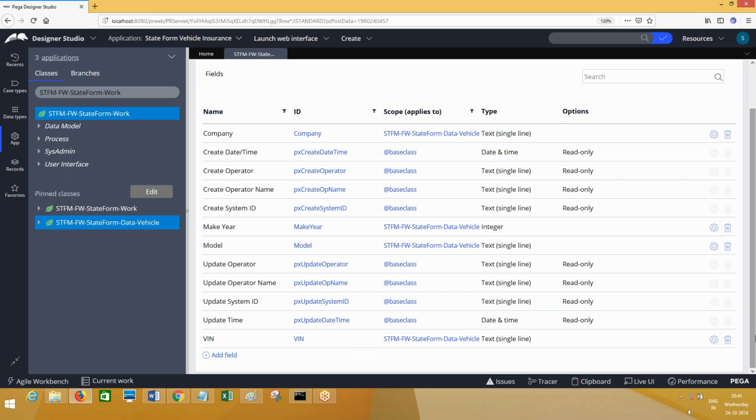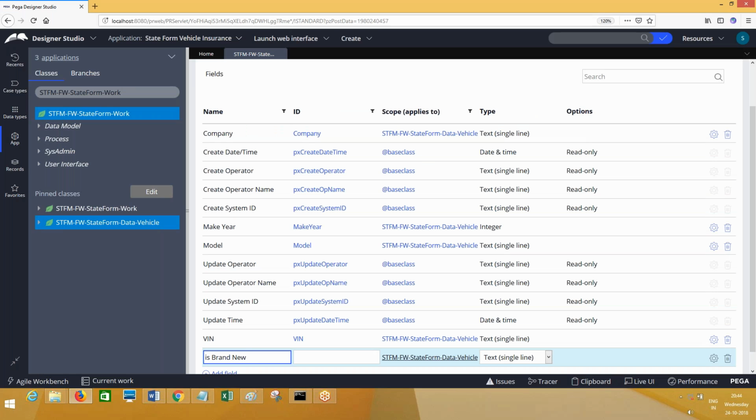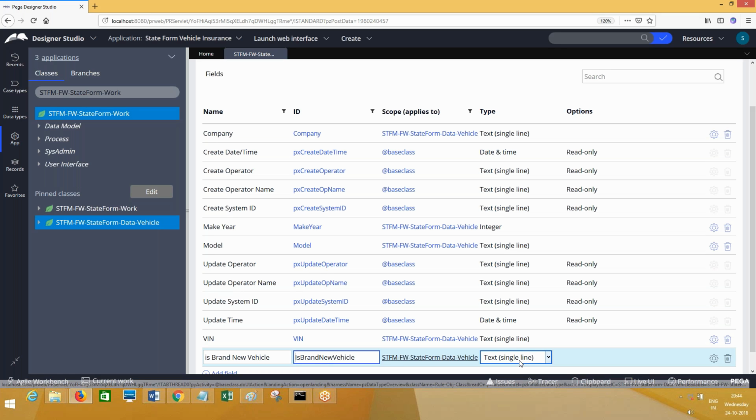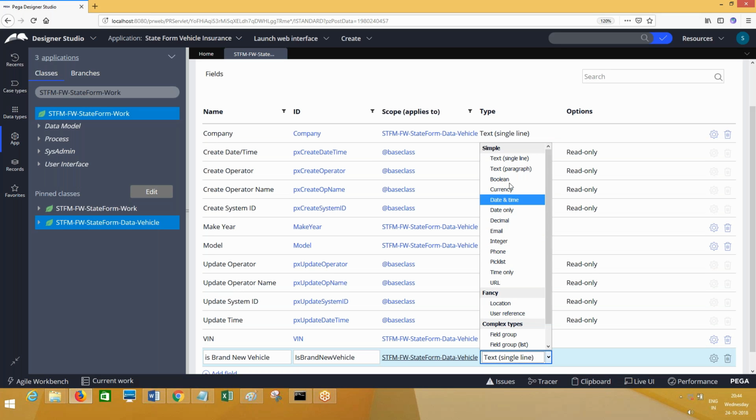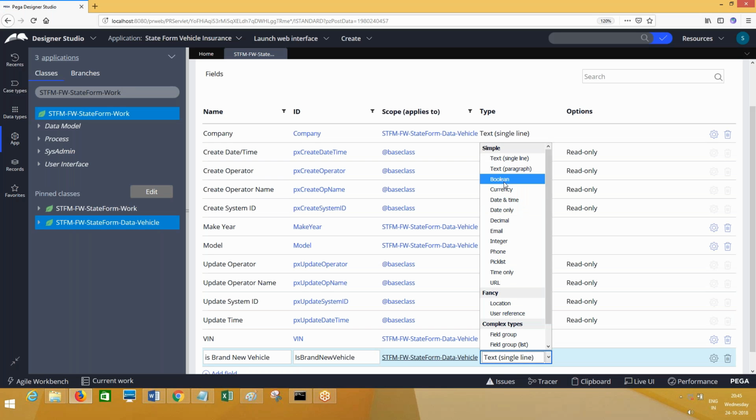Add field. What is the first one? Is brand new vehicle. I have given spaces here, but the property name doesn't have spaces. What is the type of the property? Boolean. Checkbox means Boolean. Everyone clear with this? I am choosing Boolean.